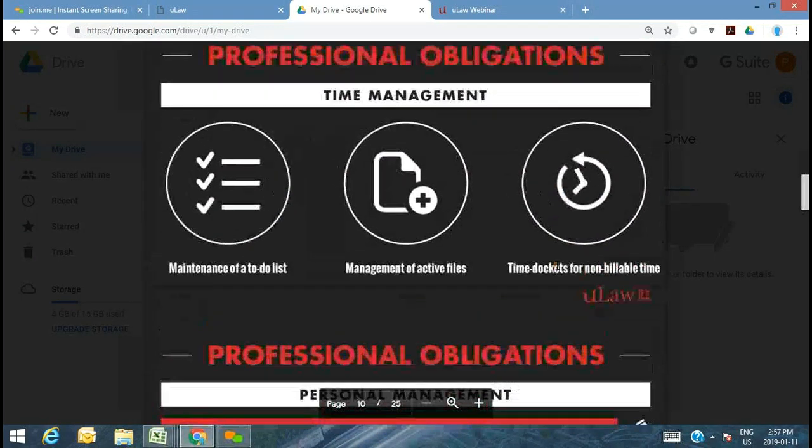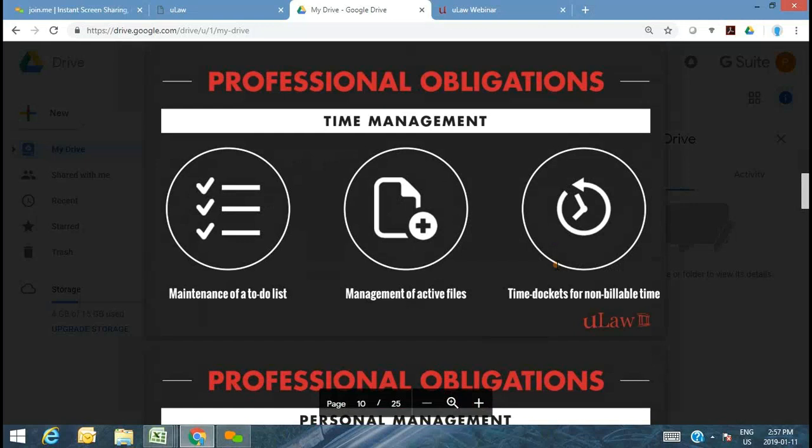So we'll come down to the last two. We'll start with time management. I'm no Stephen Covey, but time management is critical for legal practitioners. More than, I believe, having done this for many years now, more than any other practice, any